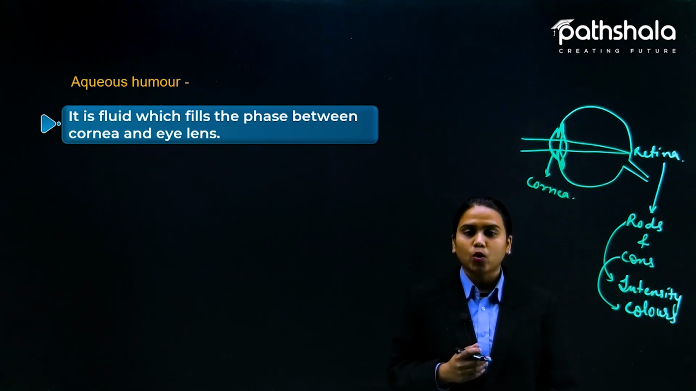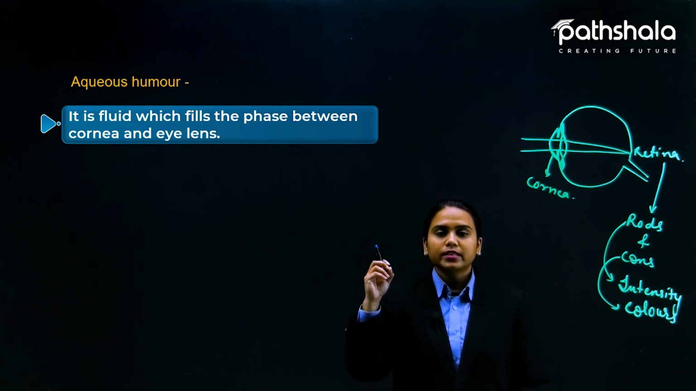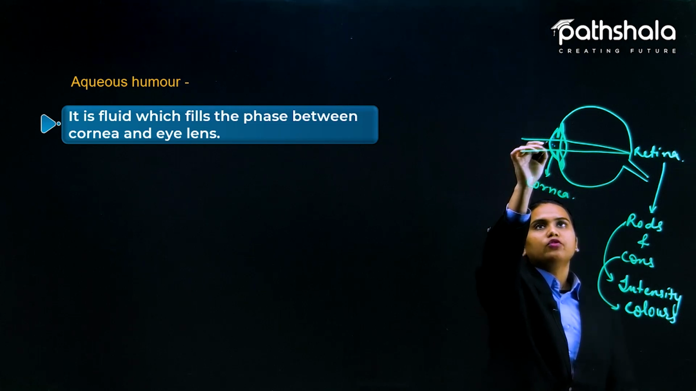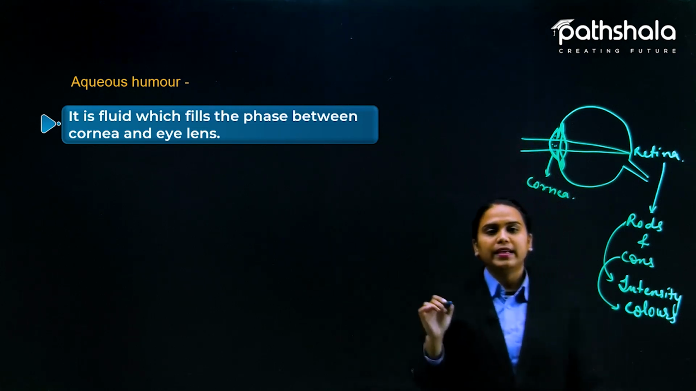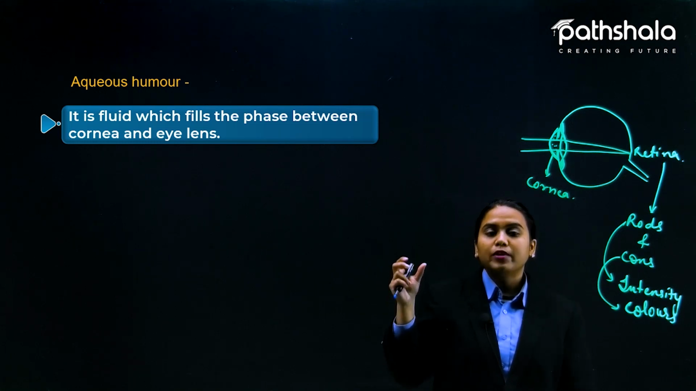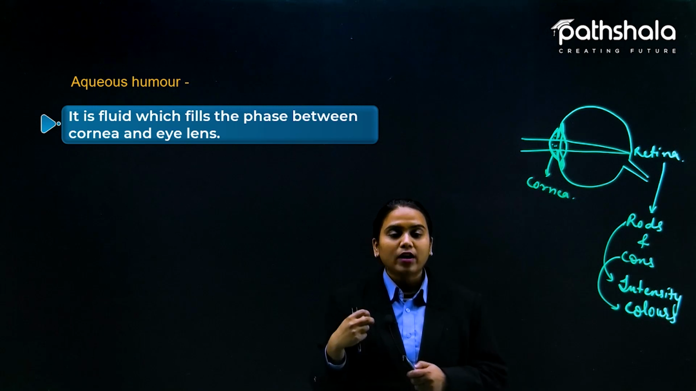So here is the aqueous humor. This is like a jelly substance. This is not a part or an organ, it is actually a fluid that is filled here. After the cornea, the fluid filled at this place is the aqueous humor. It is made up of protein, so protein synthesis happens and new